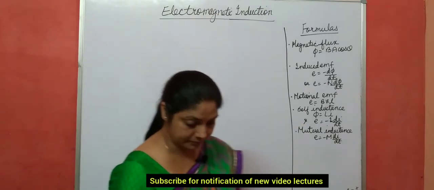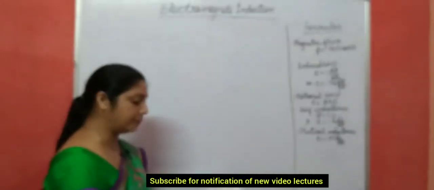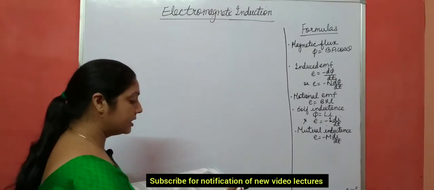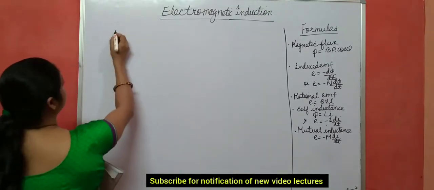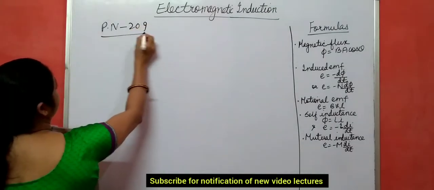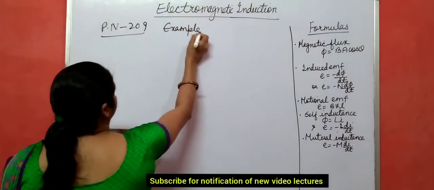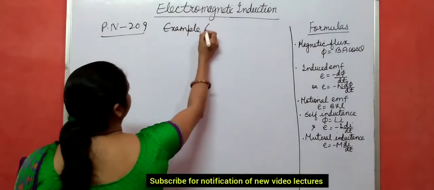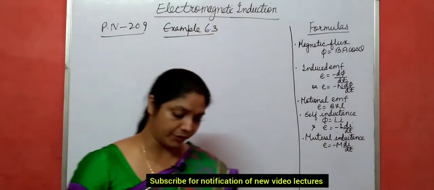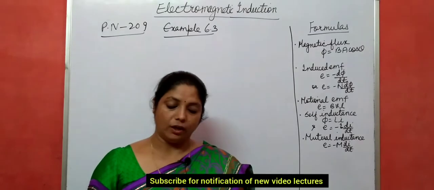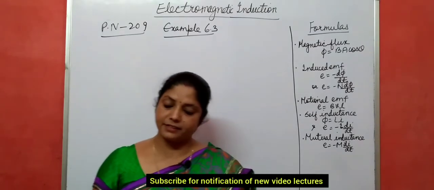So first I am going to take one example from the NCERT book, example number 6.3, page number 209. In this question, a circular coil of radius 10 centimeter, 500 turns and resistance 2 ohm